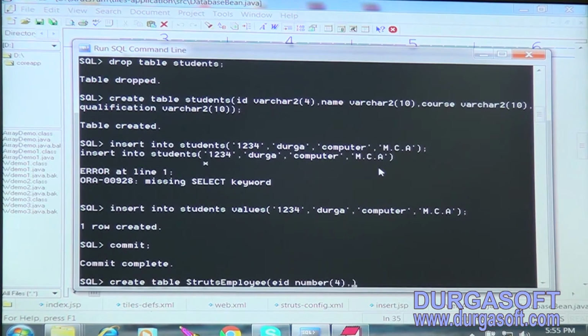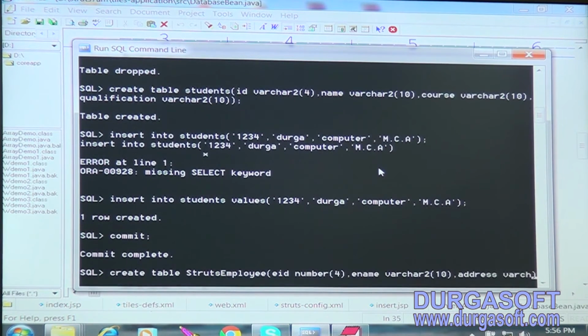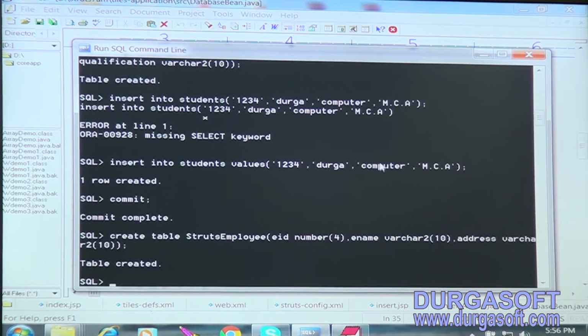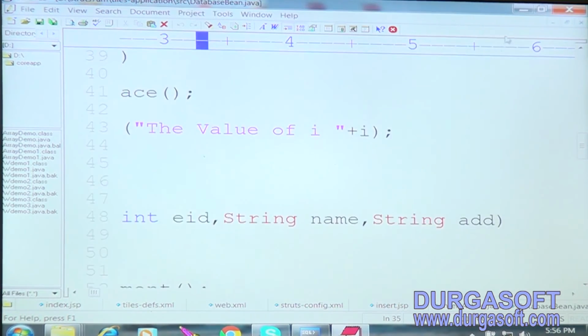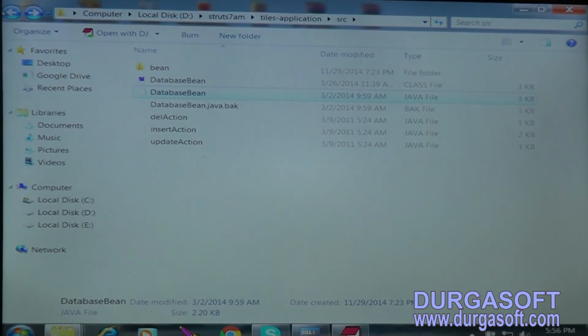The next, ename, here varchar2 of 10. The next, address, varchar2 of 10. Over. Now we can copy this application